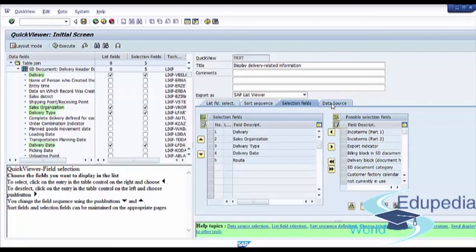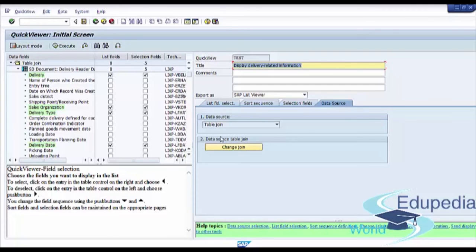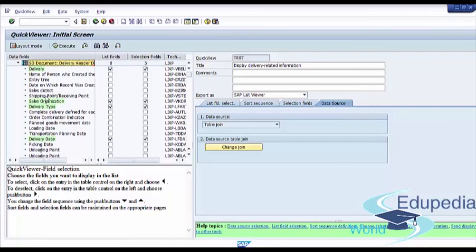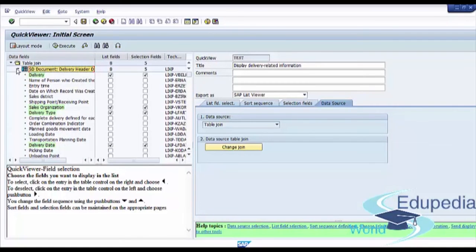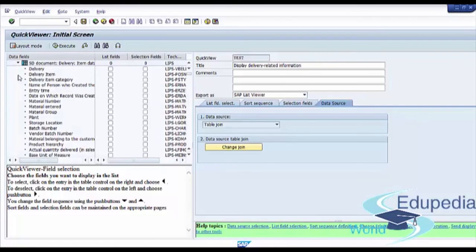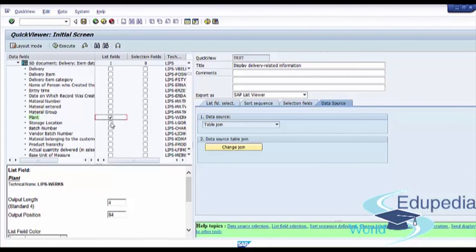Next, we press on data source table, and we see information about our data source. So we press table join, because we need two tables, and link between two tables will be delivery document. So header data, we select all necessary fields from the header data, and now we can select necessary fields for delivery document. So for delivery, we can press plant, storage location,